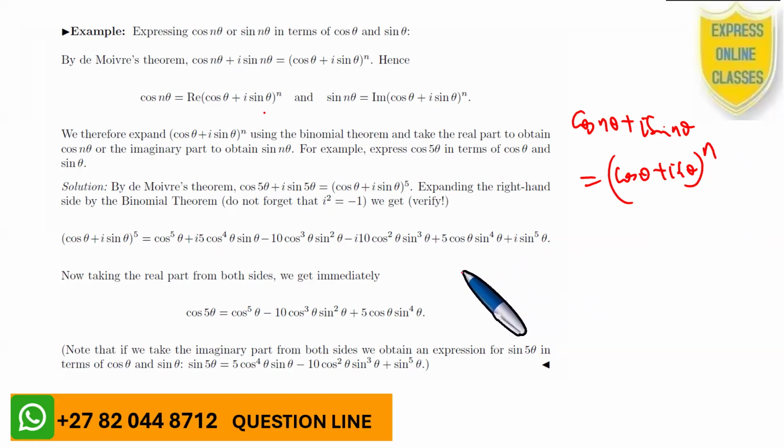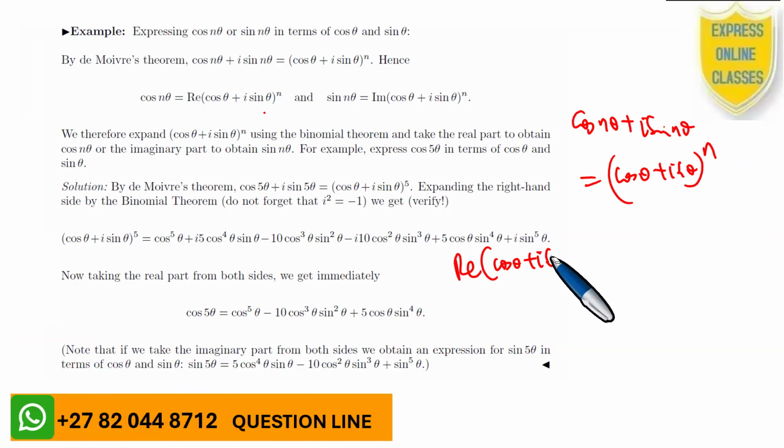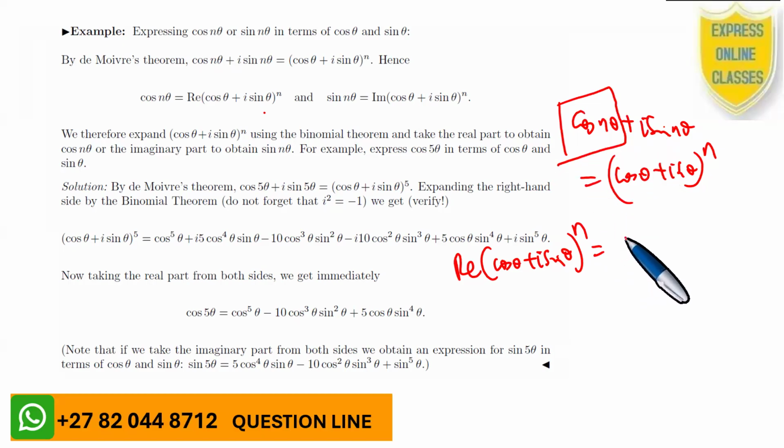And this means that you have the real part plus i sine theta. Now, the real part, you must take this one. So the real part of this big thing,